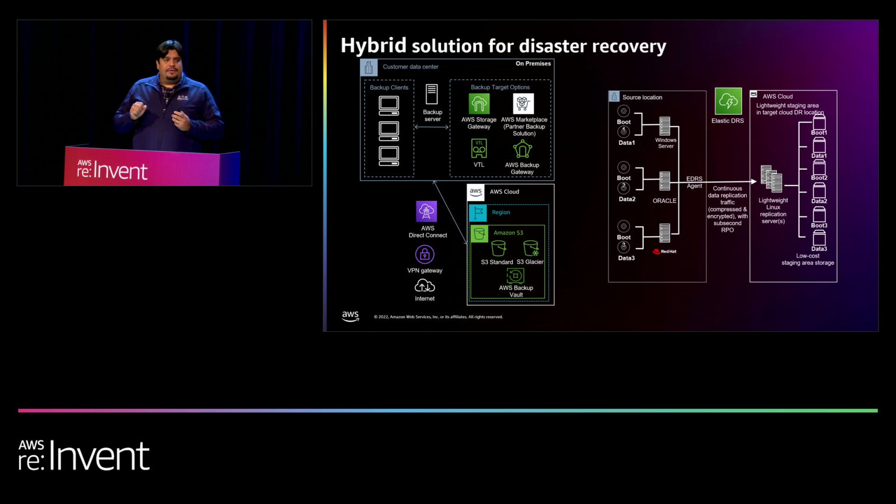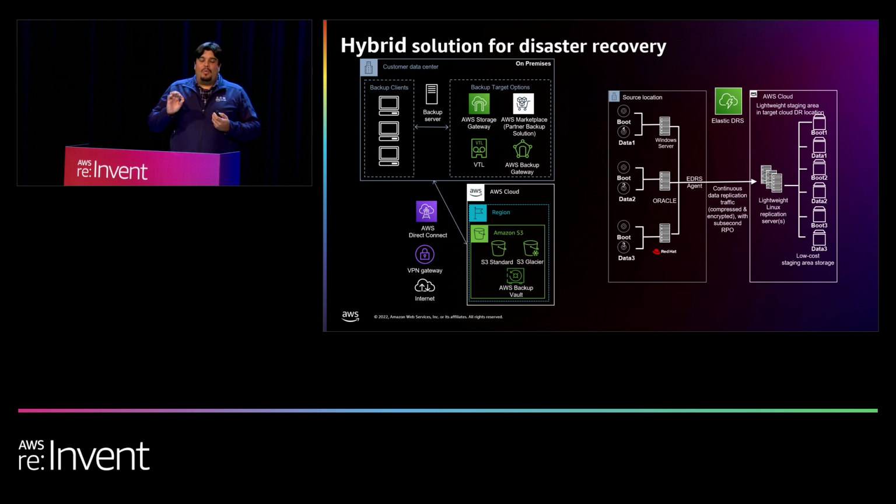The second scenario is when you are looking for an RTO and RPO closer to 0, or sub-millisecond RTO and RPO. For that case, we have, as part of AWS Data Protection Solutions, Elastic Disaster Recovery. Elastic Disaster Recovery will provide continuous replication from your infrastructure running on premises, using agents that will talk to your application to create copies of your data continuously to the cloud.